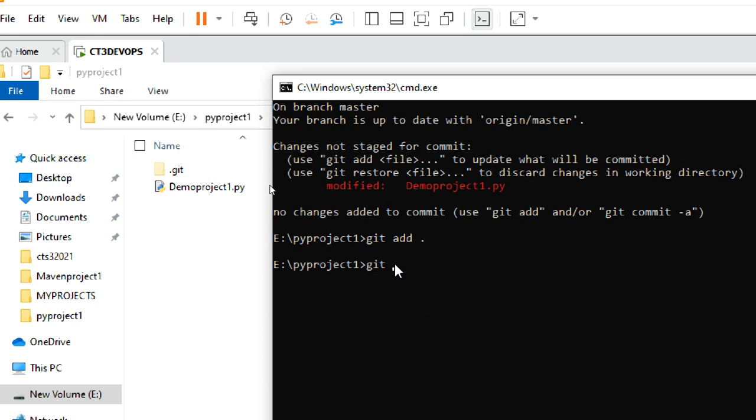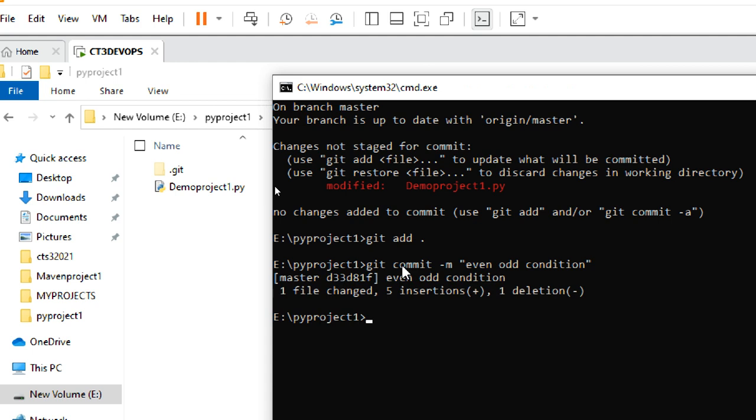Git add, git commit, second commit, or maybe even odd condition. Okay, so the commit is done.